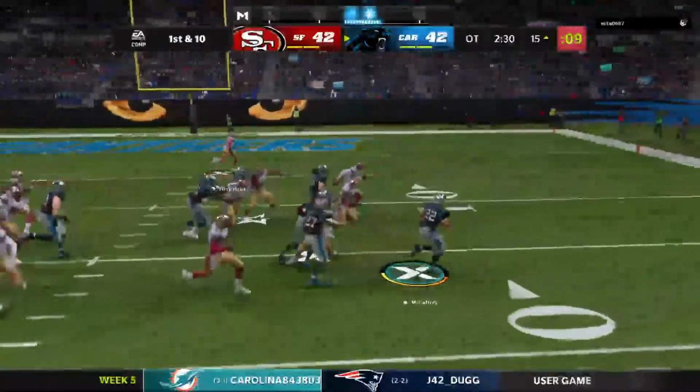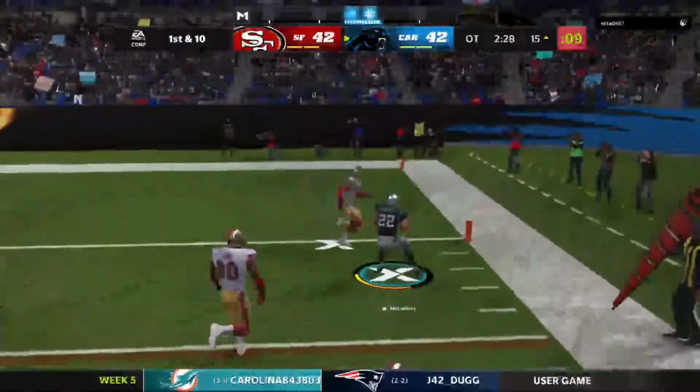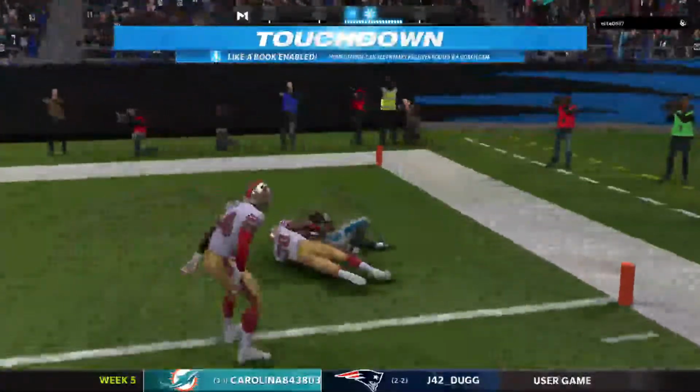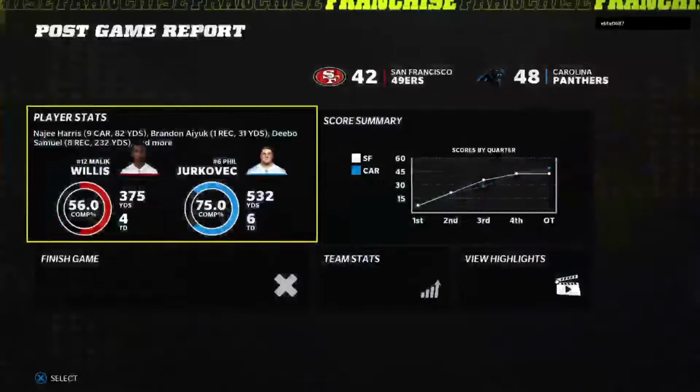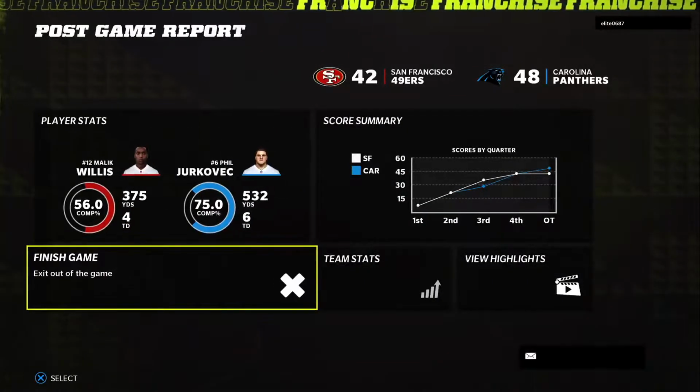A handoff, McCaffrey running right. And he's into the end zone for the touchdown and a game winner in OT. Well, Charles, it's one thing to win. It's another thing to win and put up the